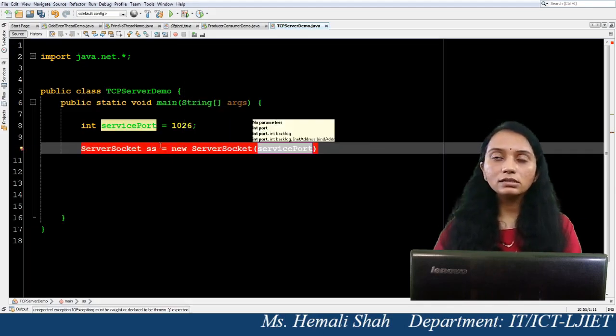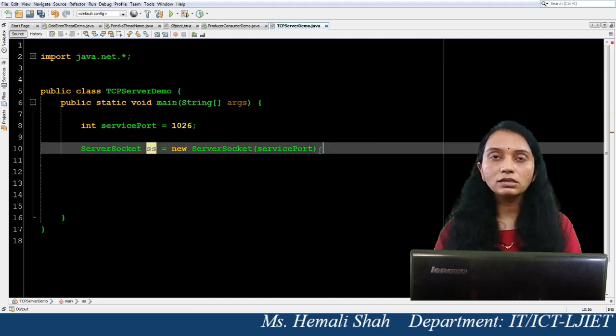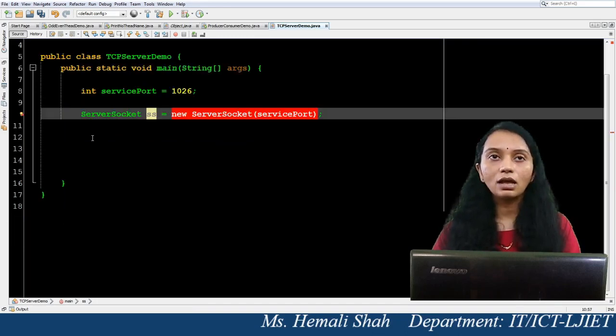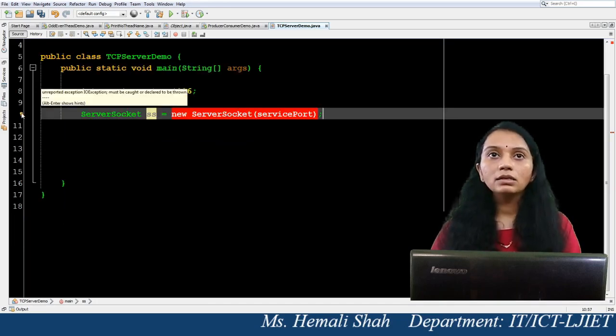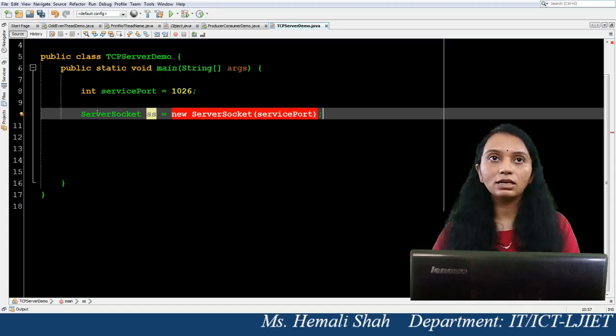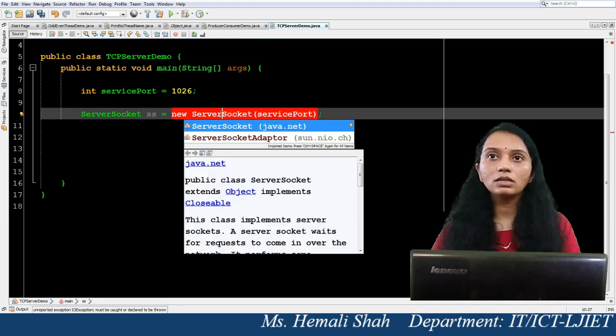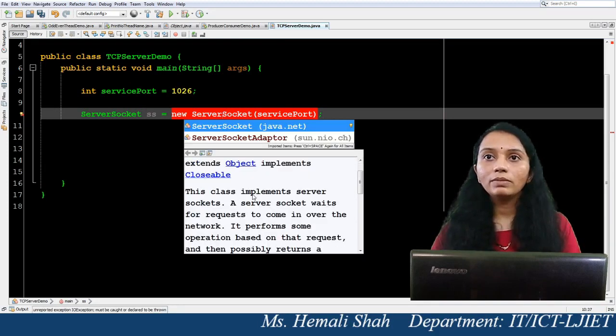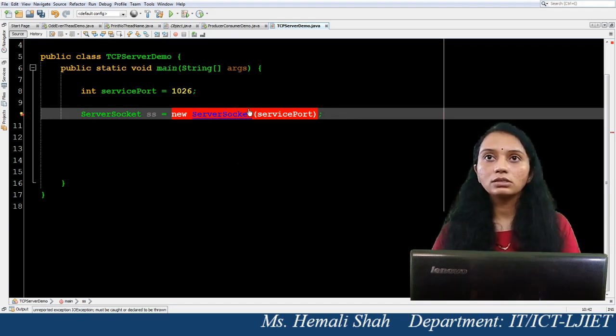When you make this object by using this constructor, you will get a bubble that you should handle the exception, because this constructor throws exceptions.